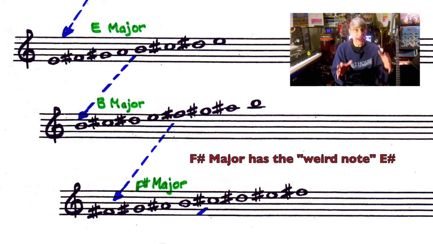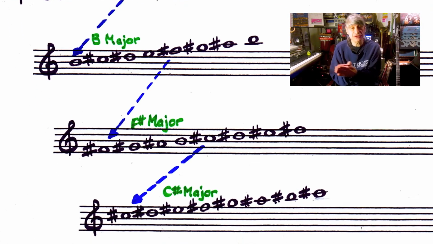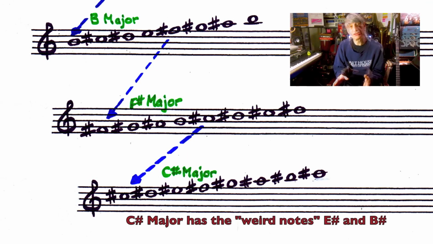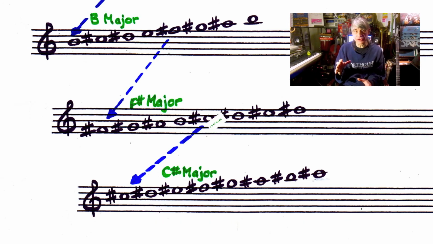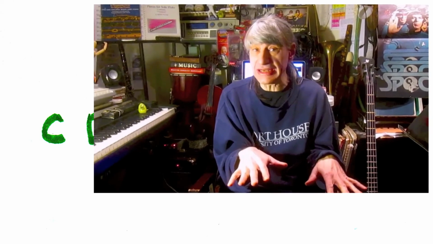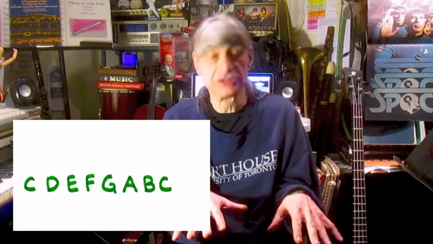But in C major, we would never use that because in C major, the note one semitone above E is F, because that's a note in the scale. But in the key of F sharp major, that's not the case. So yes, there is a note E sharp, and it happens in the key of F sharp major. So if we go to the fifth note of F sharp major, that brings us to C sharp major. C sharp major may be a hard key to play on many instruments, but in terms of thinking about it, it's not that difficult. You just take all the notes of C major, and you put them up